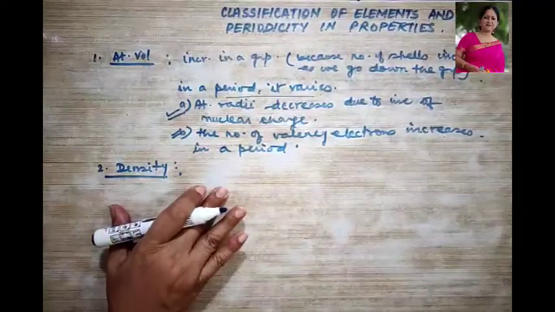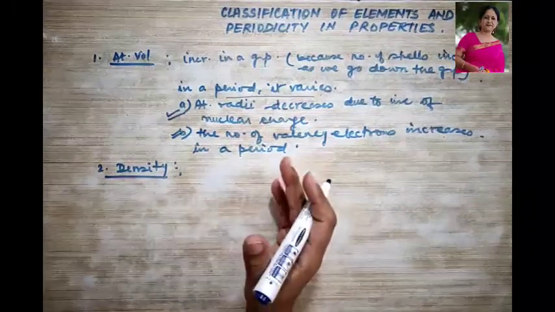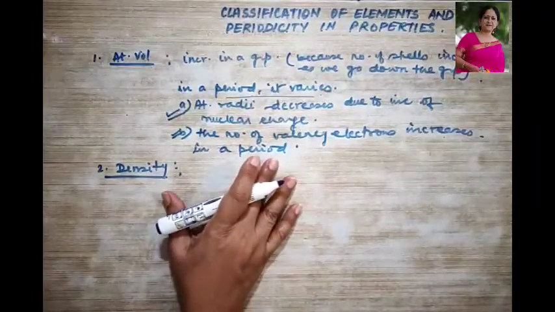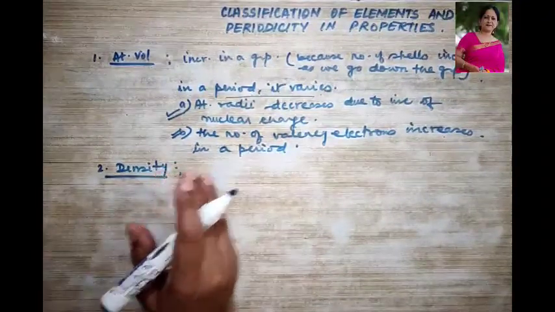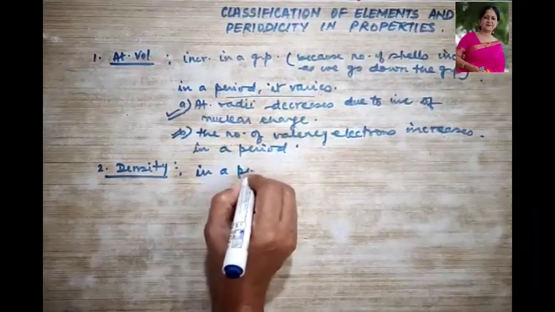Now let's talk about density. The density of the elements in solid state varies periodically with their atomic numbers. At first the density increases gradually in a period. Okay, in a period